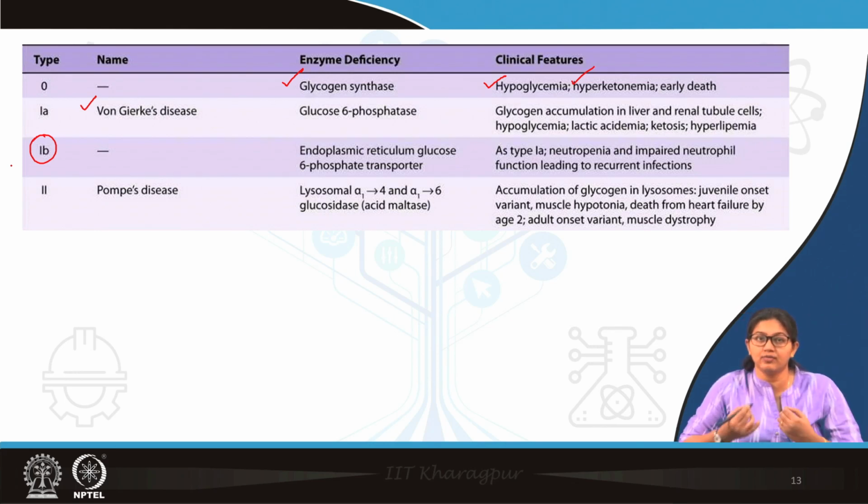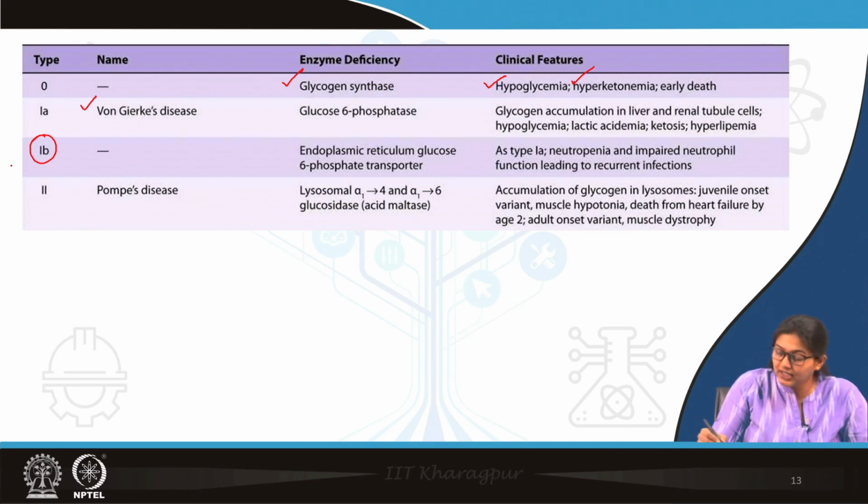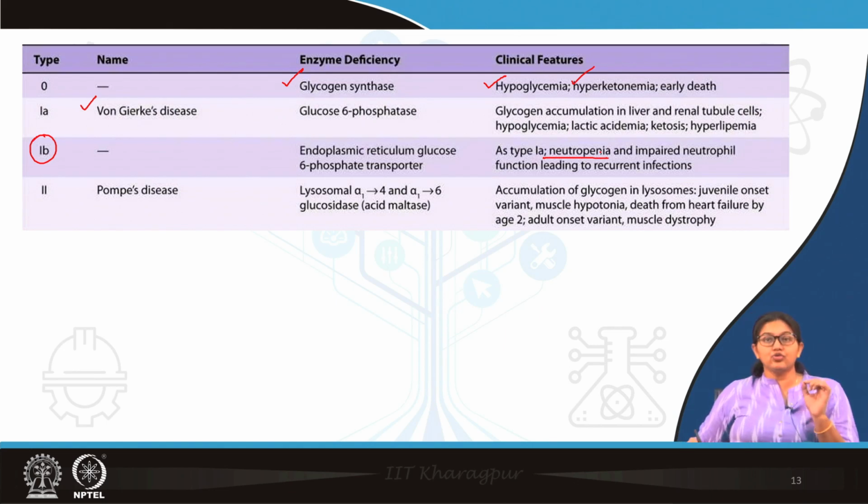Now remember once again, as I have told already, that type 1B manifests as neutropenia. Now neutrophils deal with our immunity. So whenever neutrophil function is hampered, in those cases there will be recurrent infections. So these patients manifest with recurrent infections. Then